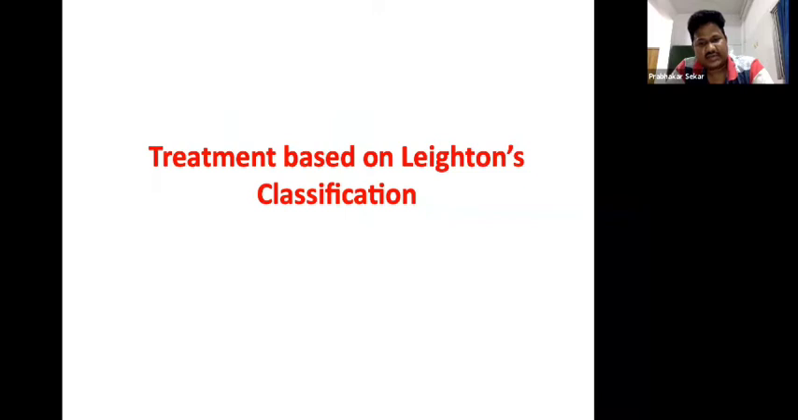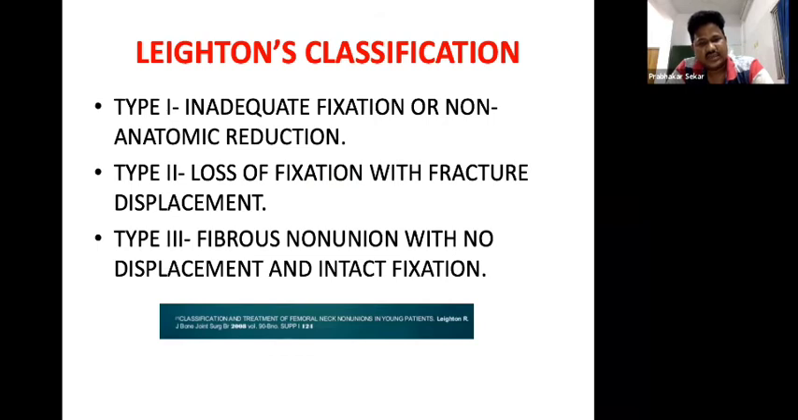Now the Ratliff classification treatment. Ratliff is another radiological classification, based only on the fixation after post-operative fixation. If it is an inadequate fixation, you call it type 1, or non-anatomical reduction. If there is a loss of fixation with major fracture displacement, then you call it type 2. And if the fixation is intact, but fibrous tissue forms in between the fracture site, you call it